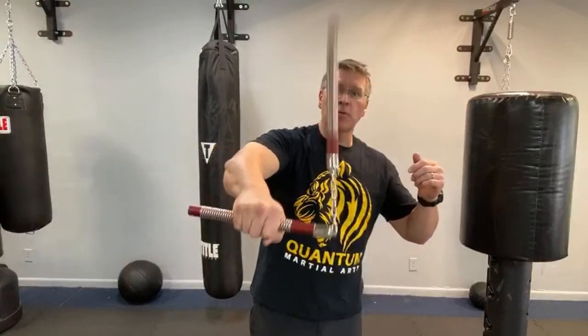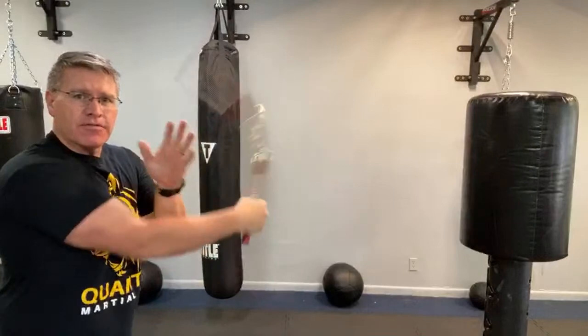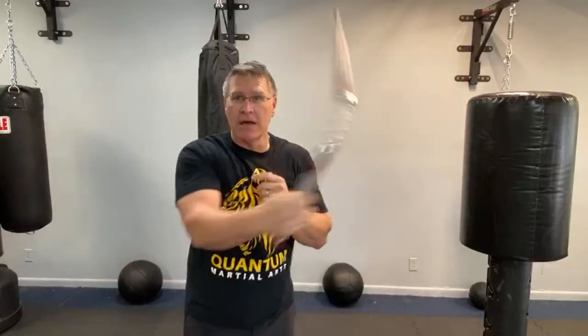So your palm's up, your palm is down, and then when you put it together, up, down, you're in a figure eight, a sideways figure eight, also known as an endless spin or an infinity spin. Now, the infinity spin is very important because it's going to act as a deterrent in front of your body. In other words, you can spin very quickly in front of your body to create distance between you and the threat, but it also looks cool and it's good for your brain. You're going cross body, that always makes you smarter. Putting the other hand palm up,